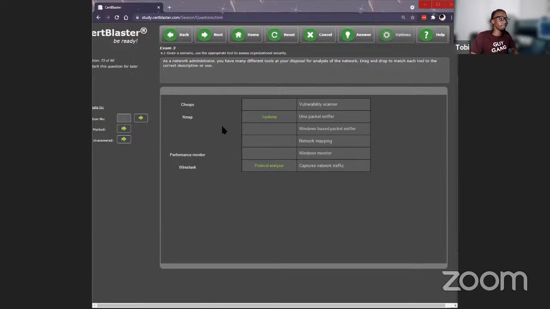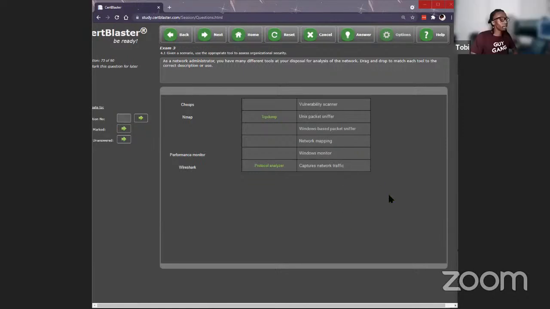Let's see. Nmap. Now we know Nmap to be, I'll help you with this one. We know, and I've mentioned this before, we know Nmap to be a port scanner. But Nmap can also do something else that's here. Network mapping?